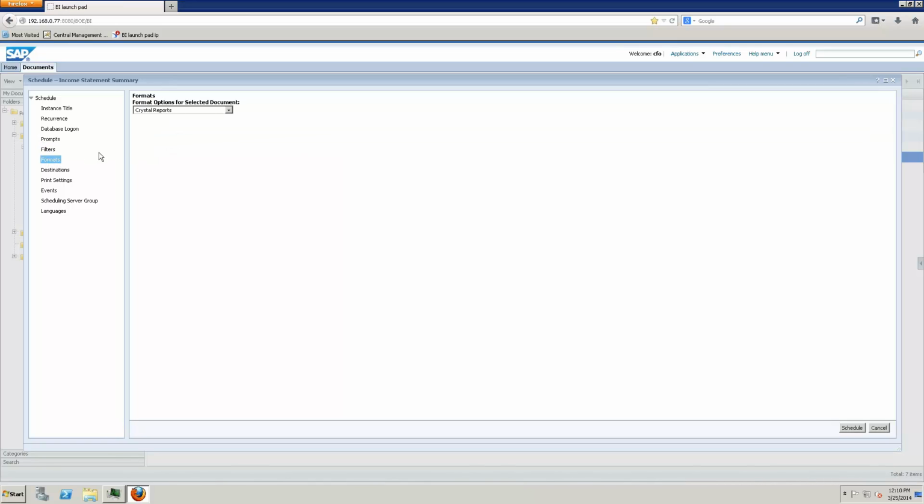I go to formats. So by default, this was a Crystal Report, so this might be run as a Crystal Report format. But you might want to run this to another type format to share with people for some reason. So let's say maybe we want to send this as a PDF. I specify the PDF. I go to destinations. By default, this is the enterprise location